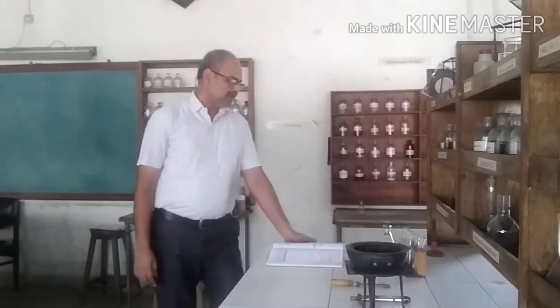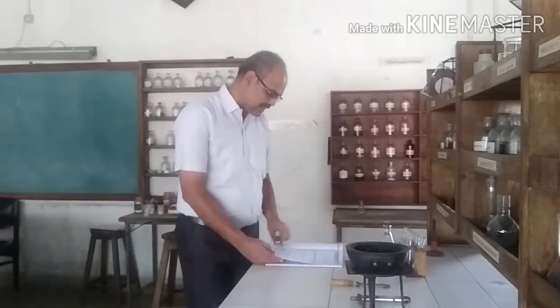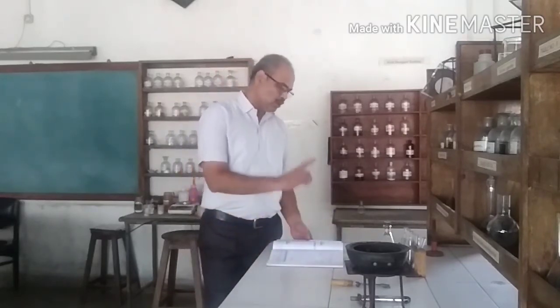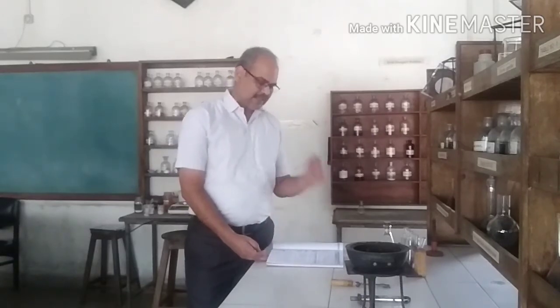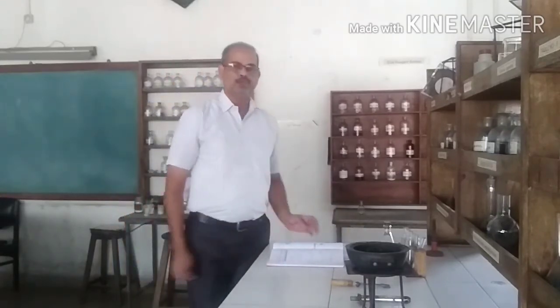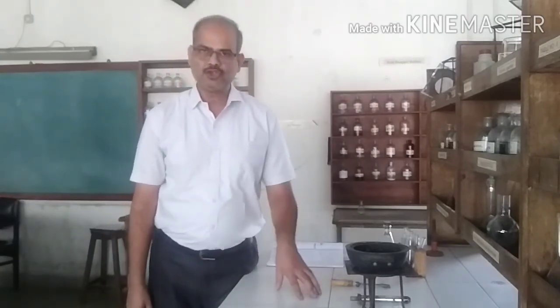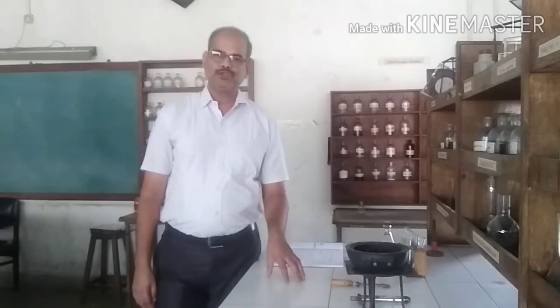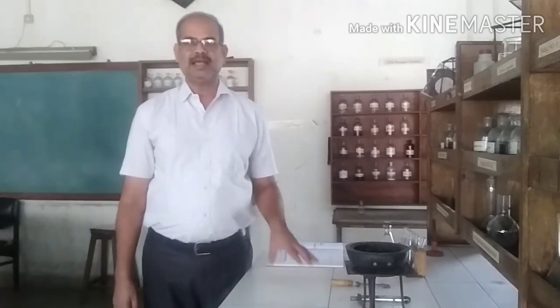So the result, the given organic compound number 4 contains the following functional group. Name of the functional group, see on page number 69, they have said ketonic group. So you will also write ketonic group. Structure, page number 69, you will see in the inference column, in the bracket they have written C double bond O. In the same manner, you will write the structure. So a very simple experiment. Within 3 to 4 tests, you get the results. It's a very short experiment of 2 marks, but sure shot, if you follow the handbook and perform the test, you will get proper results and proper marks.